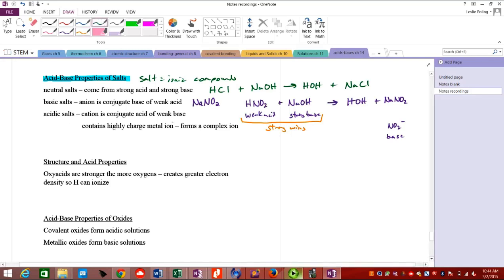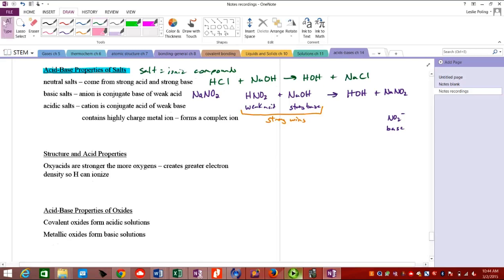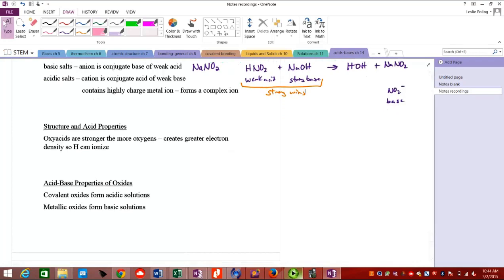An acidic salt, well, we could have... I can't think of an example right now. We'll have to look at one in your book. The reason I can't think of an example is because weak bases are usually organic. But you know what? The classic weak base